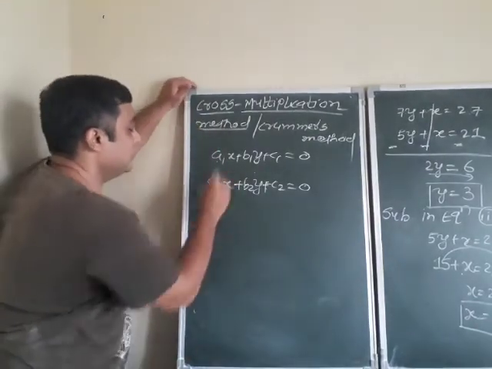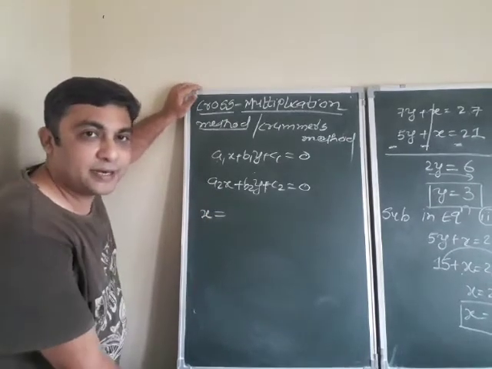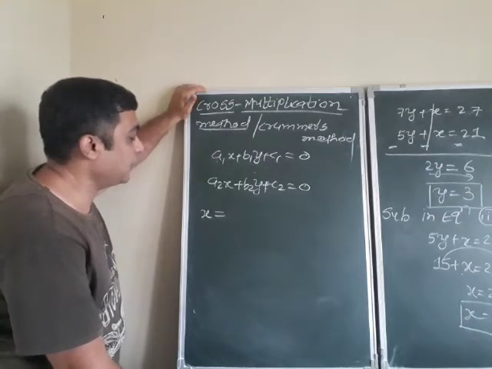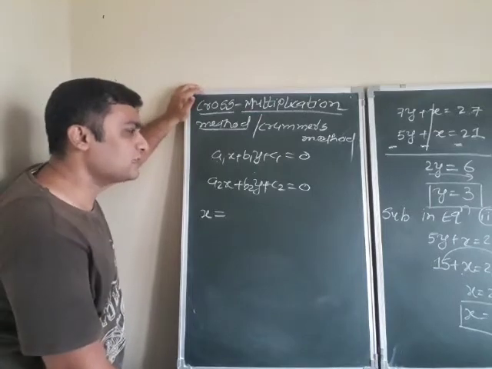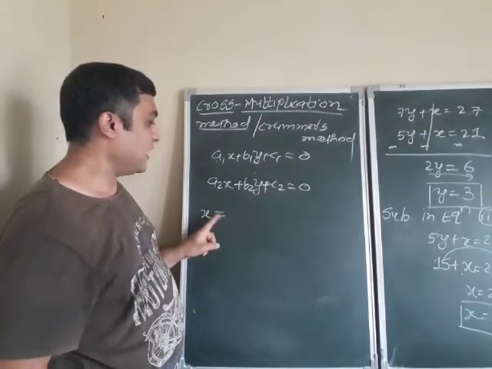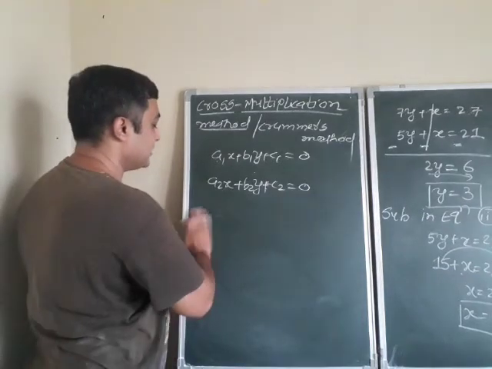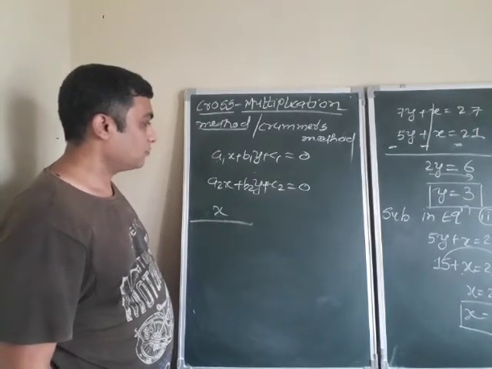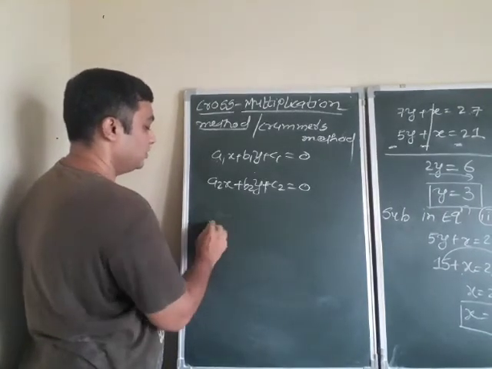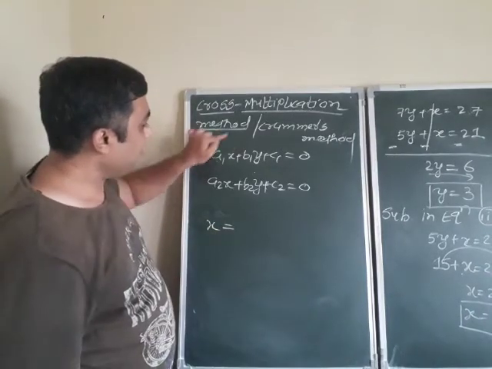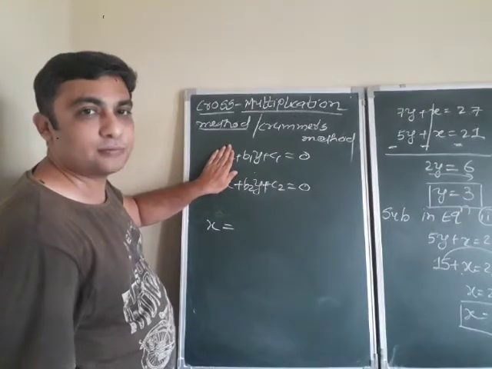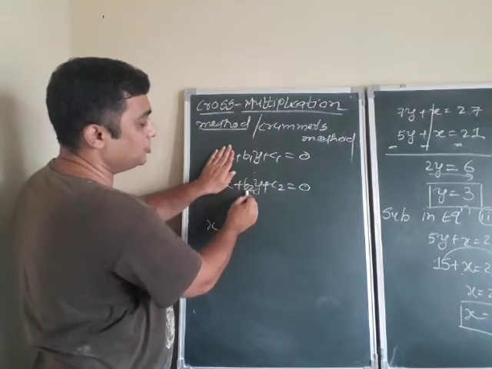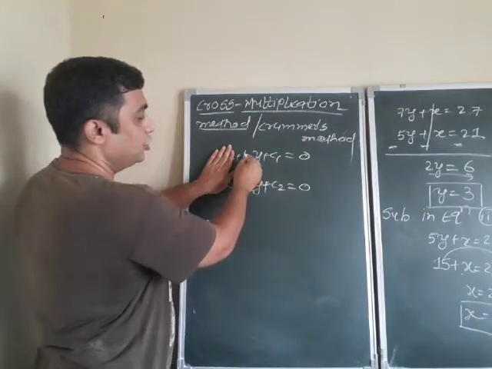Now if you want to find x, see how you can find it. Your textbook's approach is something different. Fine, let me give you one of the easiest methods. We follow the textbooks, but we find some of the easiest ways. So if you want to find x, how can you find x? Textbooks suggest writing x upon this thing, but I suggest you direct. If you want to find x, then hide x. Clear? Now here the coefficient is b1, here the coefficient is b2, here the coefficient is c1, and here c2. So now write down the coefficients.